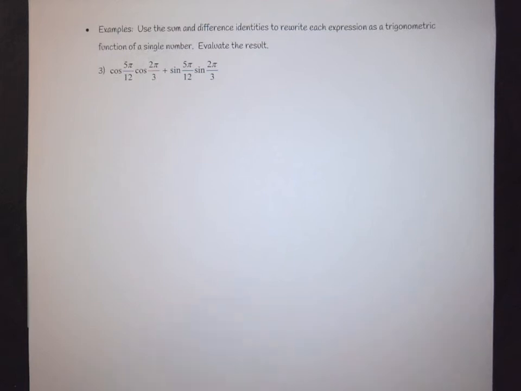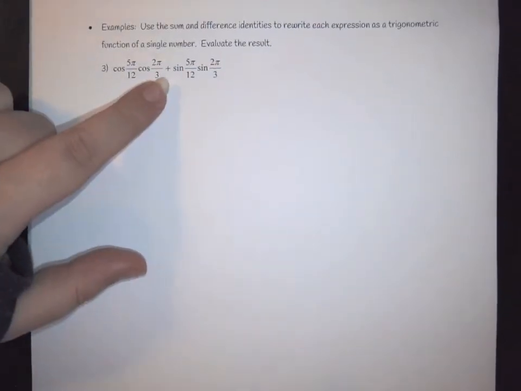So this is the cosine identity, and because I have the plus right here, this automatically tells me that I am using the cosine of u minus v,